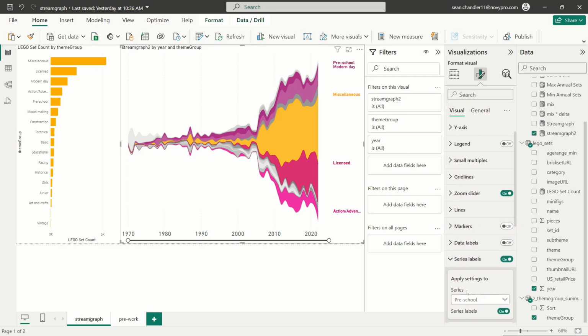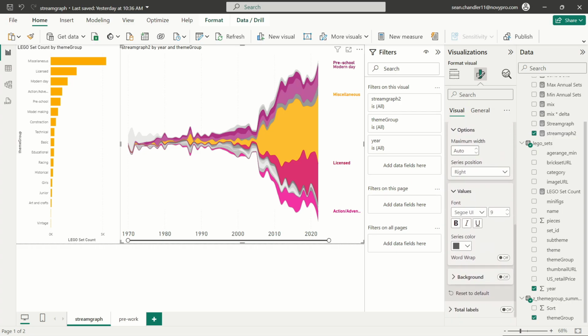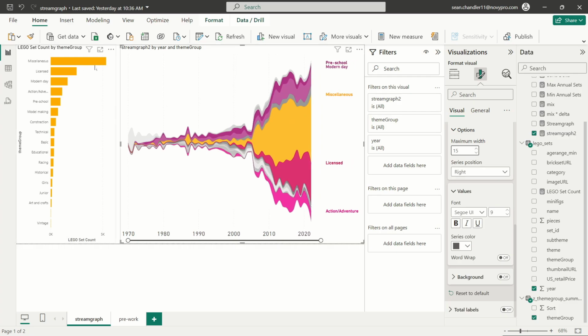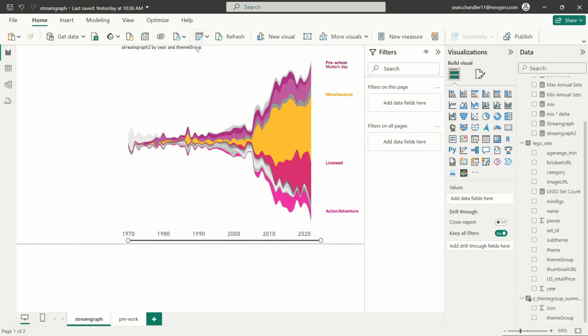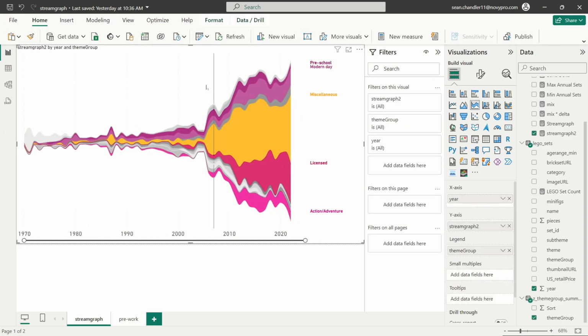And one thing that I am noticing, of course, is action adventure is getting cut off. Let's go ahead and change this back to all. And let's go ahead and increase the maximum width a little bit. 10 doesn't seem to be doing it, but we can keep punching that up until everything fits. And when we're done, let's just go ahead and drag this back out so that we can more easily see